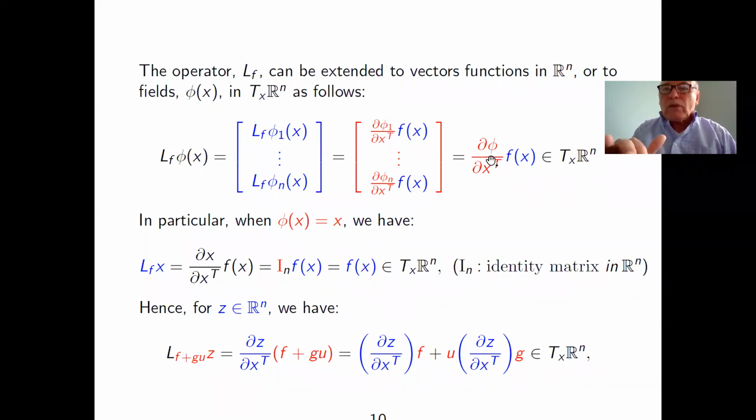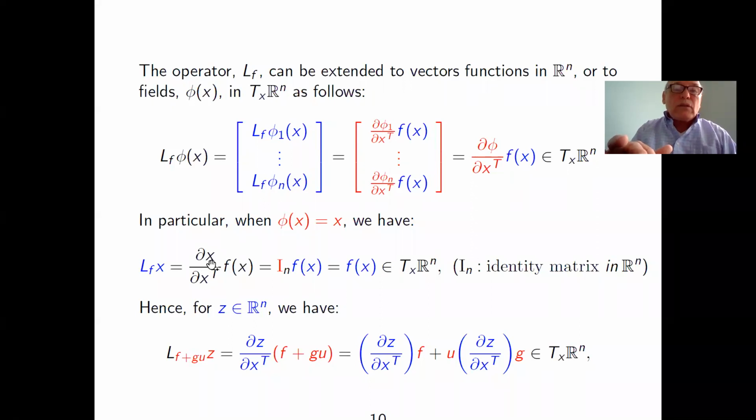This is a collection of rows, each one of them representing the gradient of the component of phi along the state x. And for that, we just use the transpose notation to denote that each one of the elements in this object is a row vector, and the collection of row vectors is acting on a vector that gives you, as a result, another vector. So if phi of x is x, what we have to do, applying this definition here,